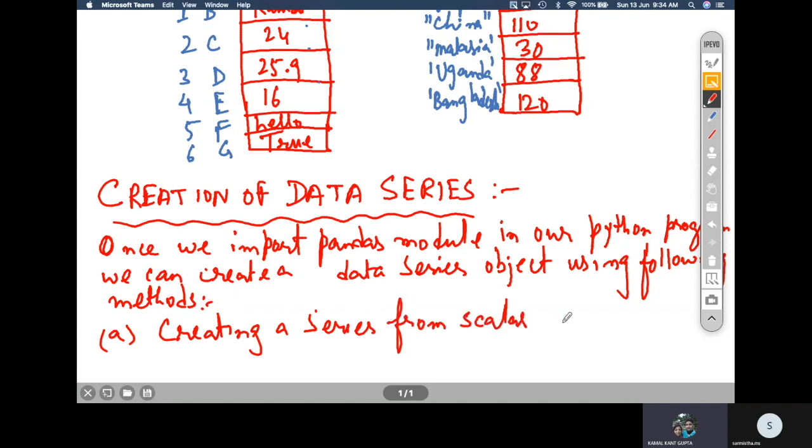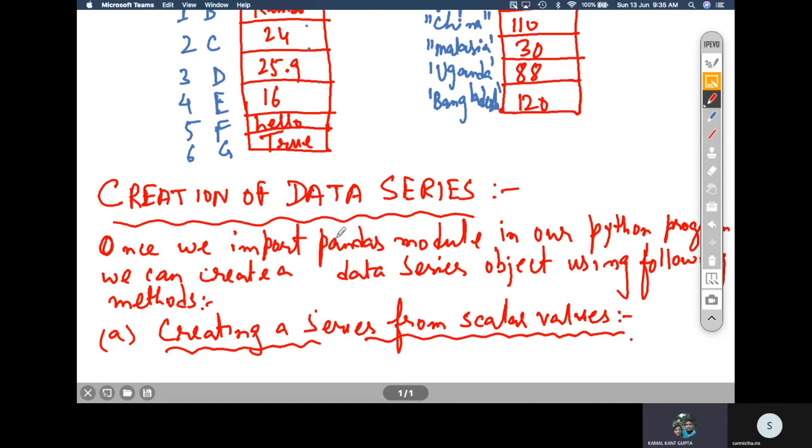Now, what do you mean by scalar values? Scalar values are basically the quantitative values or constants. Rather, we call them constants, right? Like 24, 25, 36, 88. The constant values, or basically literals. So using Python literals, you can create a scalar series.